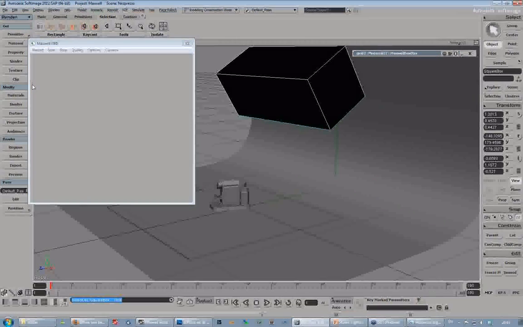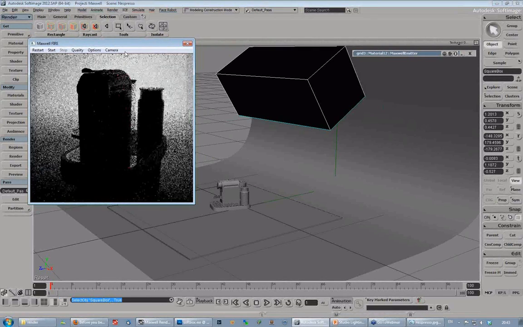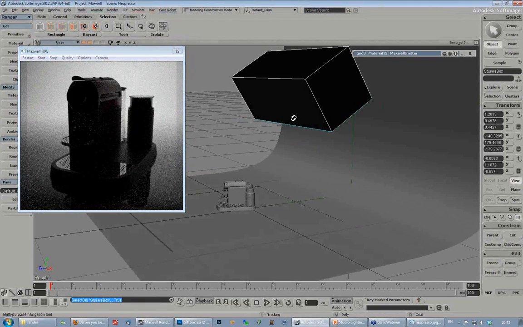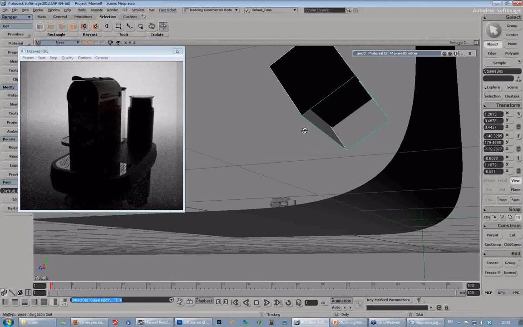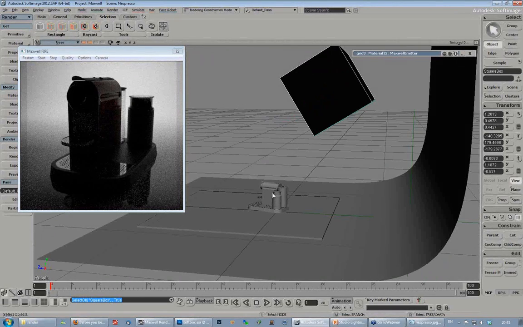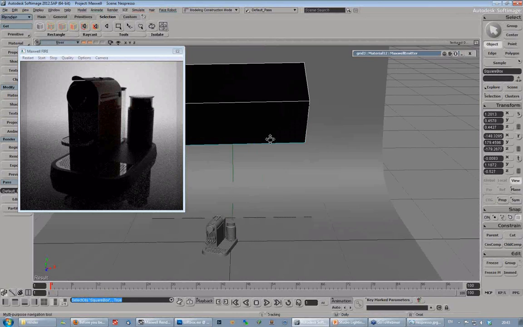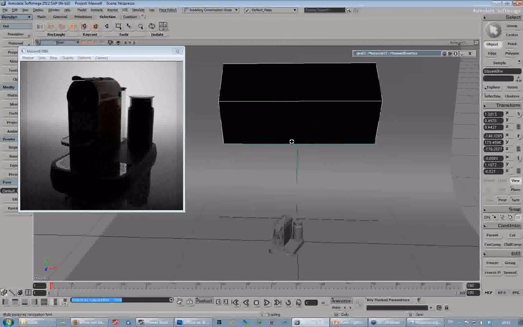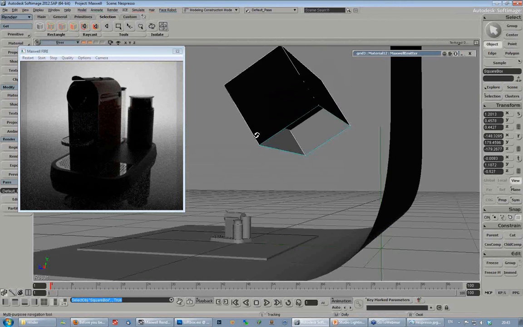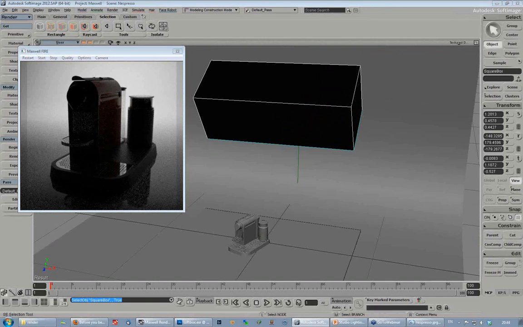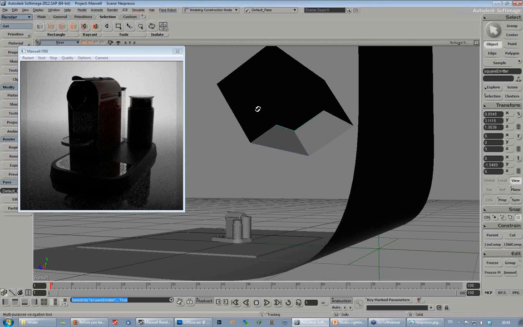So if I do a test render of this, you can see that because this emitter sits inside this box, and this box blocks any light from this emitter that falls on the coffee machine, I'm just starting by lighting the background and getting the background white. I can do that either by changing the strength of the emitter or changing the exposure. I guess in this case I'll just change the exposure. Or actually not. I'm going to change the emitter strength,